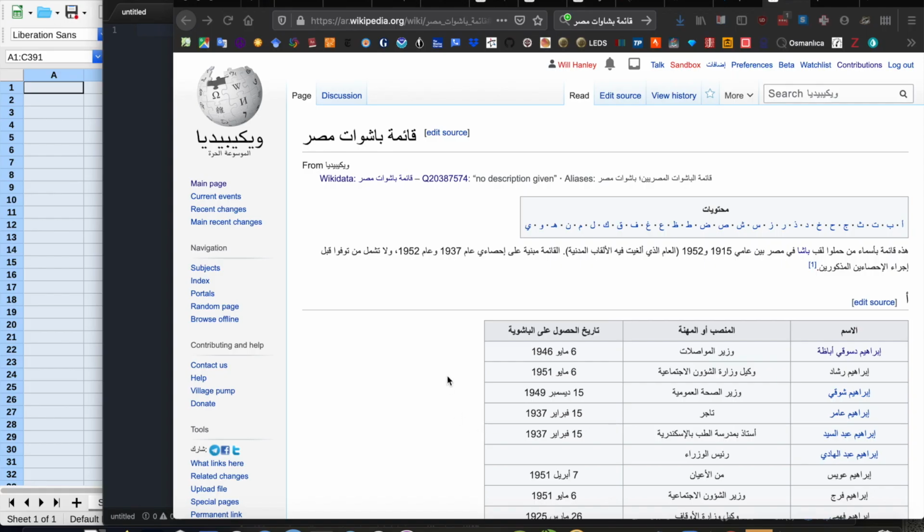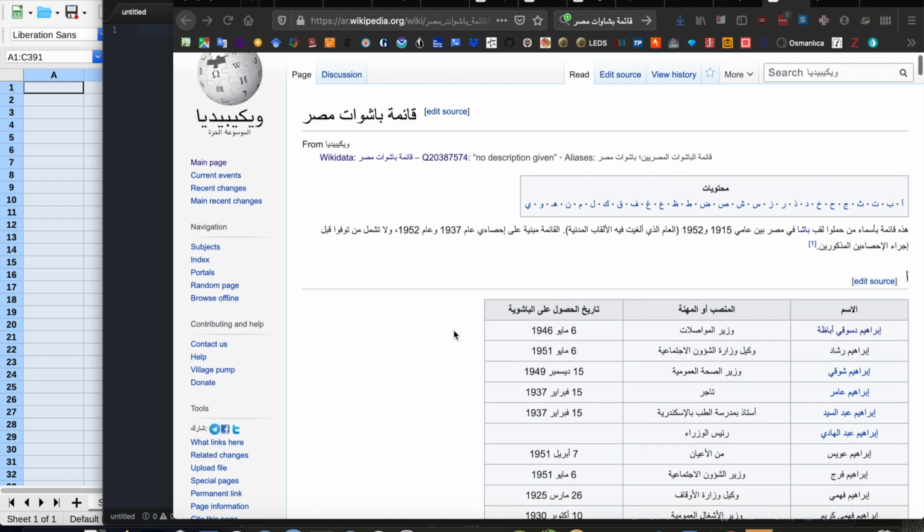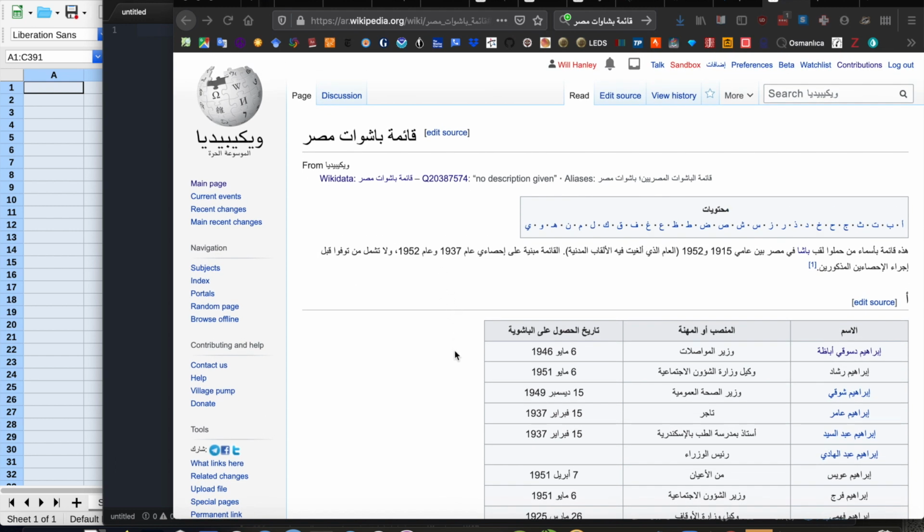Take a table in Wikipedia and move it into OpenRefine and then into Wikidata. I'm going to be working today on a table of Pashas, of men who bore the honorific title Pasha, men from Egypt between 1915 and 1952. Now this Wikipedia page was put together by a very energetic editor called Mohammed Abdelghani in between 2014